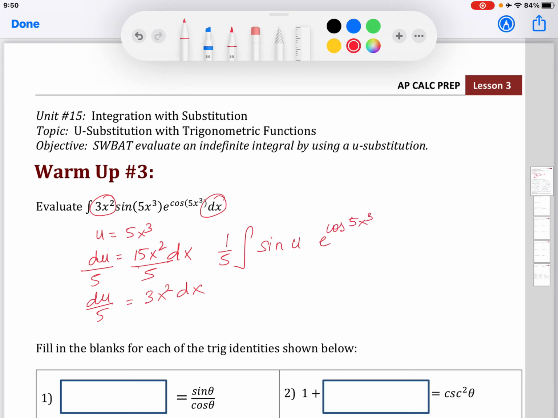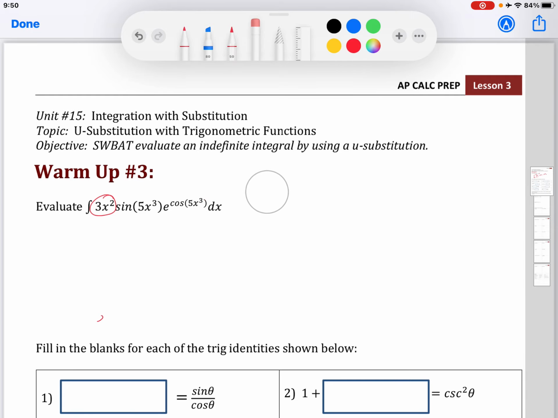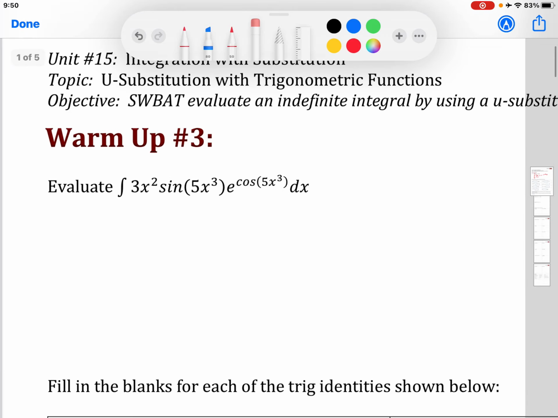So this really would be cosine of u. That would be cosine of u du. I still have two functions. I'm not really able to get anywhere with this, so this would not work. So what do you do in that case? We're going to try our other tip or guideline that we did, which is pick u to be the exponent of e. So let's let u